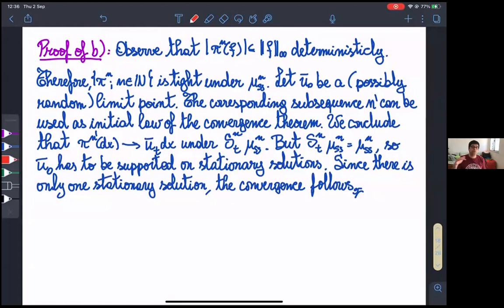this profile u_t given by the hydrodynamic equation. Now you send T to infinity in the limit and you discover that all profiles converge to rho star. And now you want to invert these two limits, okay? And here you can actually make something simpler because of the following observation: